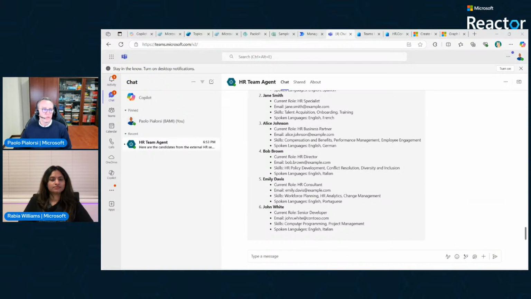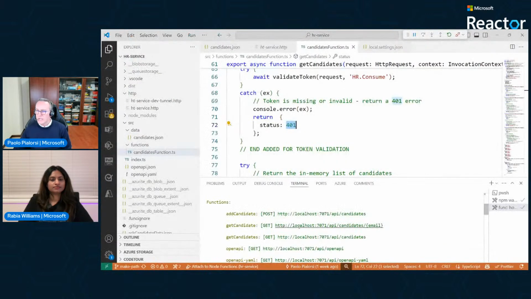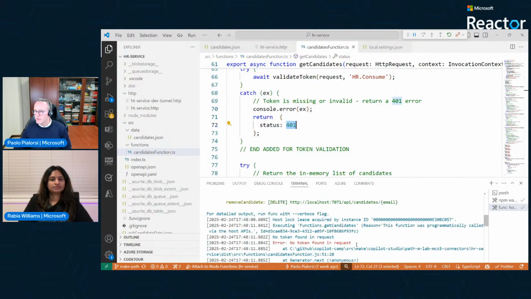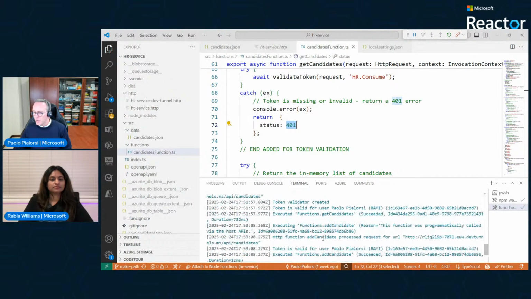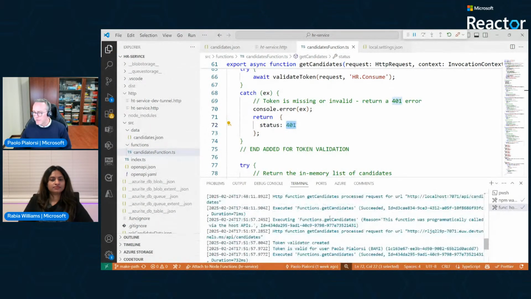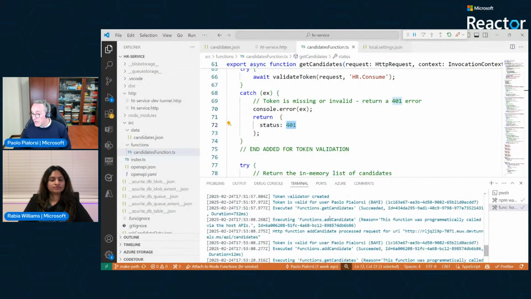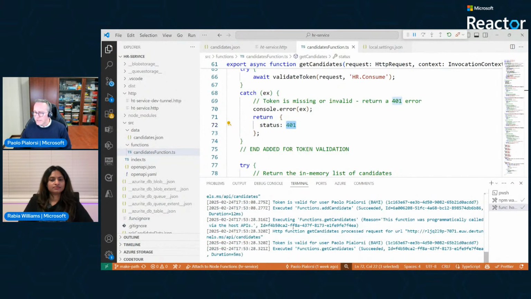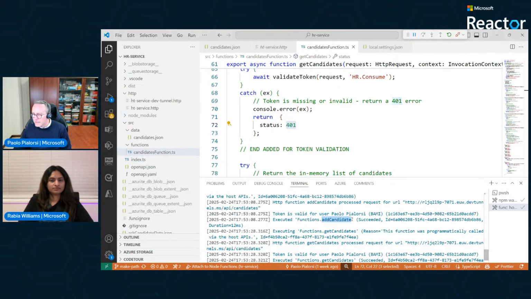And that we were able to do that in a secure way is easy to verify. If I go back here in Visual Studio Code, in the terminal window, I can show you that we've got a bunch of HTTP REST requests for our API. And if you look at this tracing, we can see that, for example, the add candidate was invoked with a token which was valid, and for myself, which was the user I was using. In order to be able to do that,